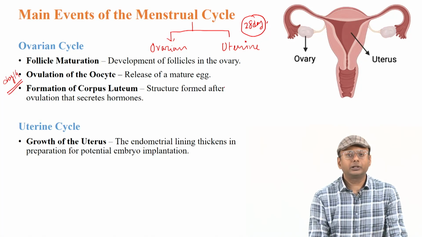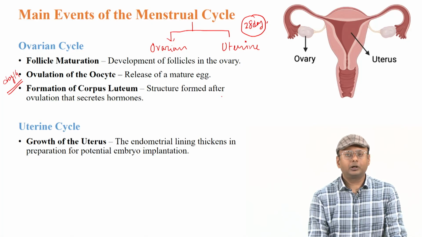the ovulation of the oocyte, or ovulation of the egg, happens. Finally, after the ovulation, the remaining granulosa cells or follicular cells convert into a component called the corpus luteum. This structure is formed after the ovulation, and as we discussed, the corpus luteum has a very crucial role to play, and we will see how important it actually is. So, this is all about the different stages of the ovarian cycle, where initially follicle maturation happens, followed by ovulation and then the formation of the corpus luteum.